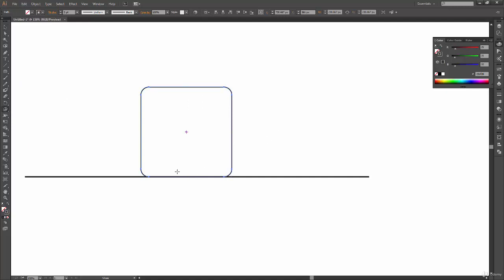Select the shear tool and put our reference point at the middle somewhere here, so that it's on the floor, and we'll see that it gives us an illusion that it is transforming from the floor, like it is stuck somewhere on the floor and we are moving the top part. So what we can do now is click on a shape and move it in any direction we want.